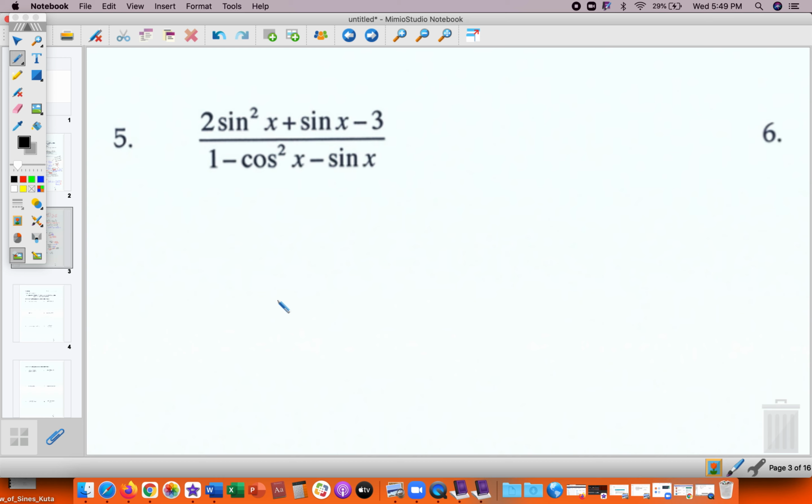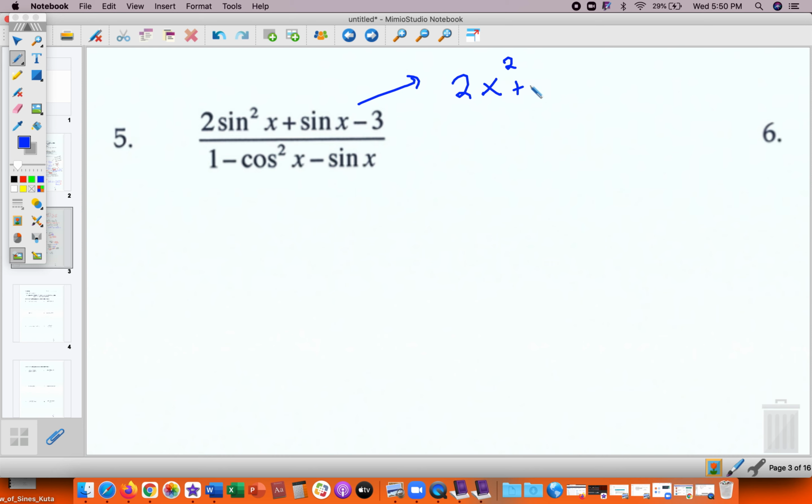This one's a little bit messy. Number 5's kind of messy, right? So we need to kind of play around with this a little bit. Often you want to think, okay, can I work with sine and cosine? Check. We already see sine and cosine. You also want to think, can I factor stuff, right? In the last one, we were able to take out a GCF. If you look at the top and think of it as